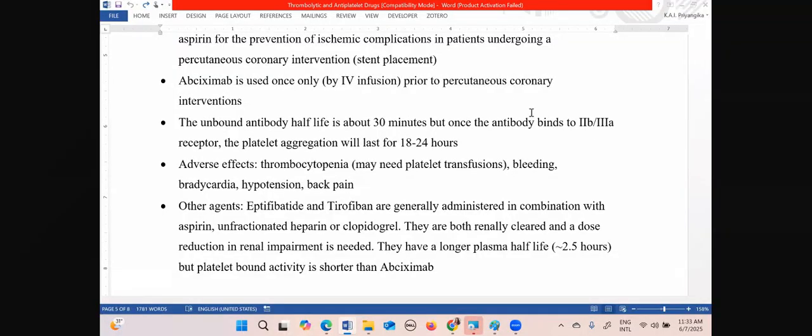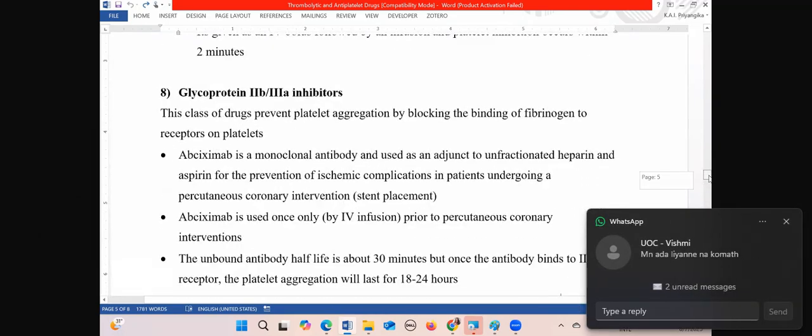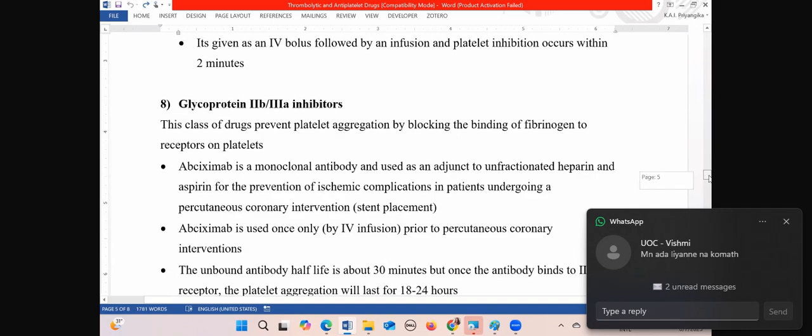Okay. So, this is a different class of drugs, with a different mechanism of action. And this is not usually used alone. It is used in emergencies, like